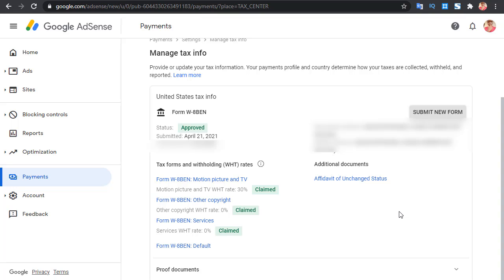So Google is really strict in this, as I said. Make sure you follow the steps, and then you verify your information as I showed you. I just took screenshots because I cannot submit a new form. If I submit a new form, the actual form which I've submitted and which is already approved will be annulled. So I can't do that. That's why I took some screenshots to show you the detailed steps to follow to verify this tax information.